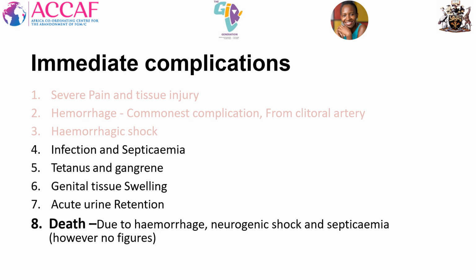We began this part on immediate physical complications of FGM, and we have discussed the above. We have discussed severe pain and tissue injury and how to manage it. We've also looked at hemorrhage and how it can lead to hemorrhagic shock, and the immediate management that we can initiate, including the BMOC and also the Dr. ABC, which are very critical, and which emphasize most on maintaining the vitals,